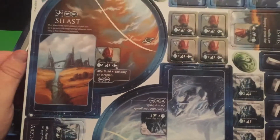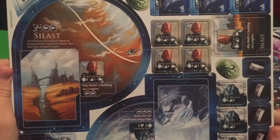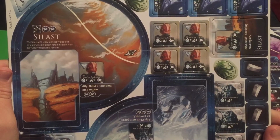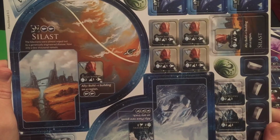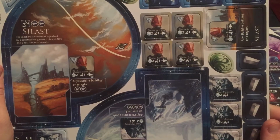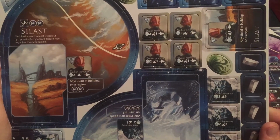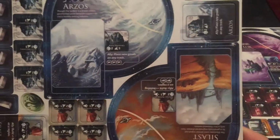Okay, so here we have Silast. The Silastians were almost wiped out by a genetically engineered disease. Now only a few thousand remain. I'm not exactly sure what they're supposed to be, alien-wise, but they're definitely alien-like, for sure. I wonder what they'd be considered. Then we have